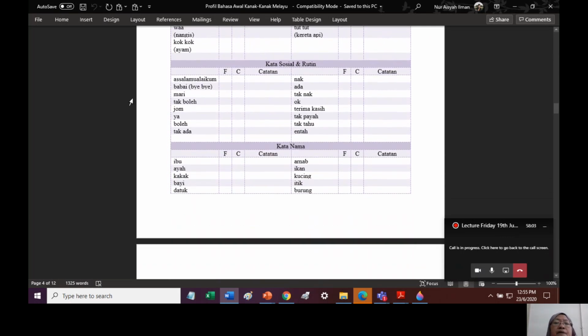Lepas tu kata sosial dan kata rutin. Adakah anak kita boleh faham dan cakap perkataan ini? Assalamualaikum, bye-bye, mari, tak boleh, jom, nak, ada, tak nak, terima kasih, tak payah, tahu, entah. Dan lepas kata sosial dan rutin, kita ada kata nama. Adakah